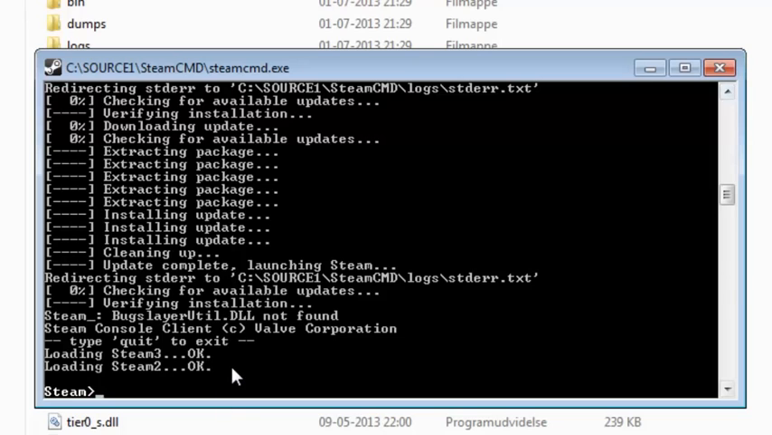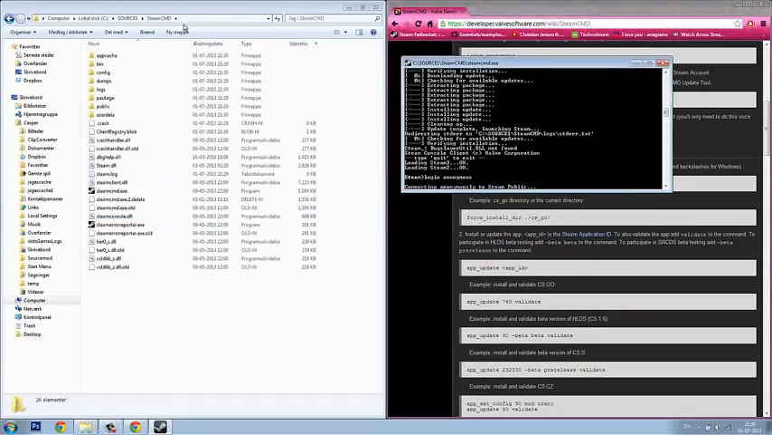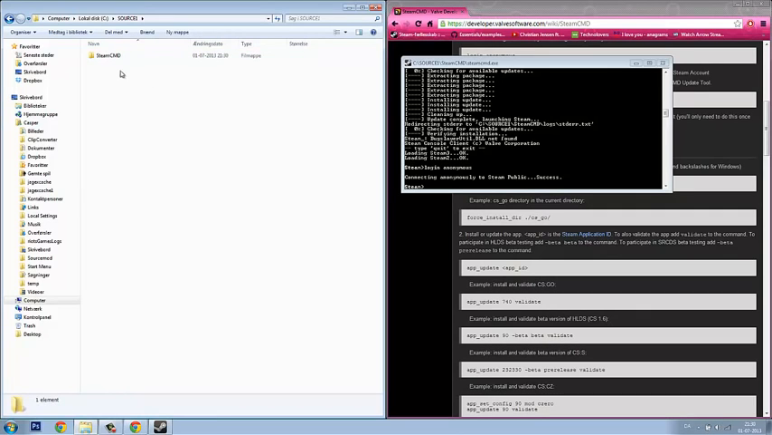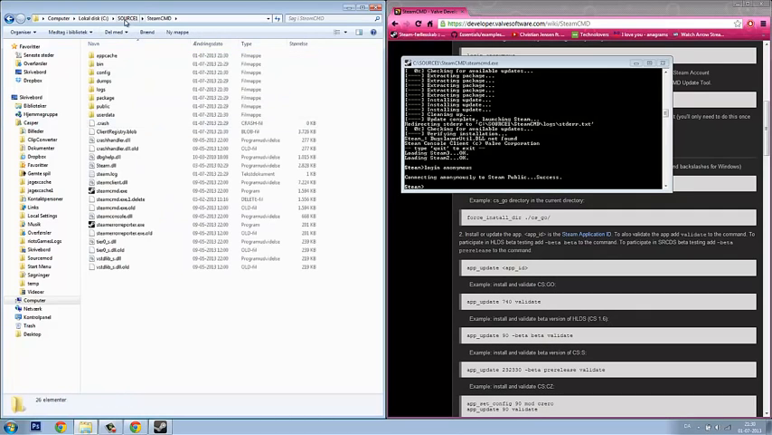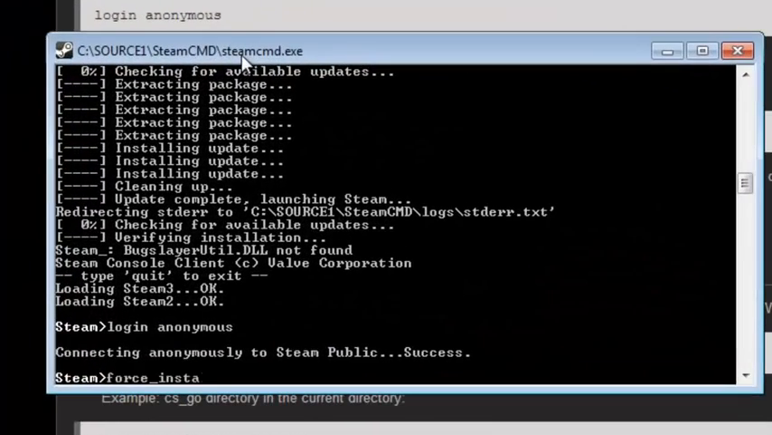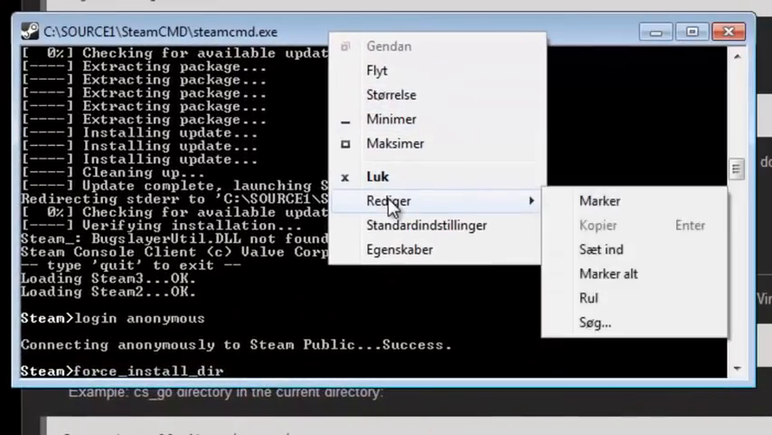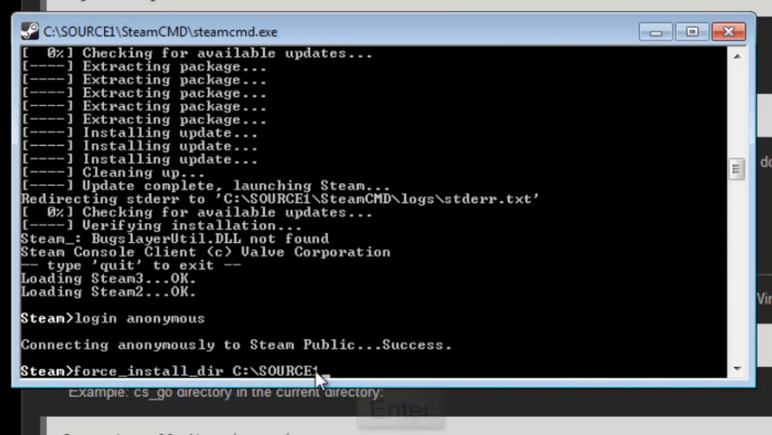Oh, now it's done. So we'll start to log in anonymously to the Steam publics as also written. Then I will just go one folder back because I want my server to be installed in here and not in my Steam CMD folder. So I'm gonna write the force install dir, and then I need my path to where I need to install my CSS Server. So I'm gonna copy here, and I'll go to edit and paste in,